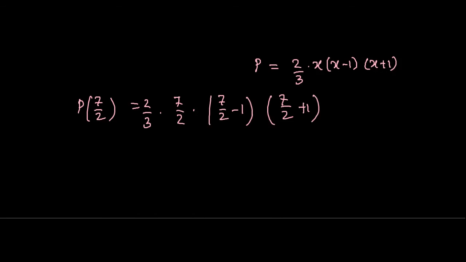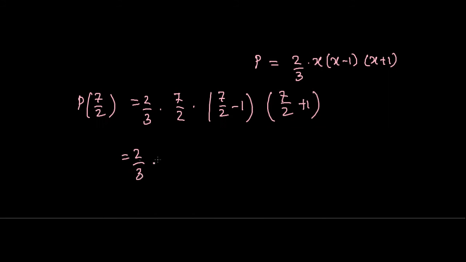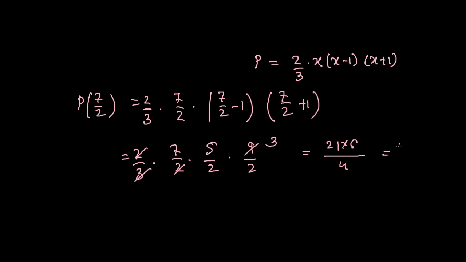Let's simplify it. It's 2 by 3 times 7 by 2 times 5 by 2 times 9 by 2. So this 2 and this 2 get cancelled out. This 3, 9, and this 3 get cancelled out. And the numerator becomes 21 times 5 by 4. And 21 times 5 is 105 by 4. Since the numerator and the denominator have no common factor,